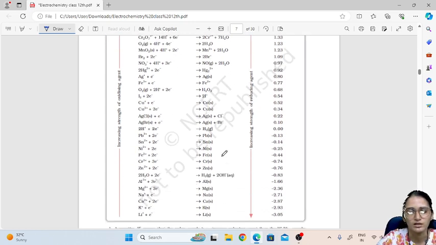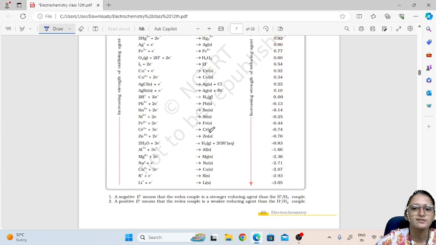increases down the table. Okay, so if I take any example over here, zinc can reduce lead, because zinc has more reducing strength. Or I can say lithium can reduce all the elements which are above lithium. So K plus also can reduce all the elements which are above K plus, that is calcium, sodium. But if I consider Mg 2 plus and K plus, then magnesium ion will not be able to reduce K plus ion, but magnesium ion will be able to oxidize K plus ion. Okay, so that is how you have to remember.